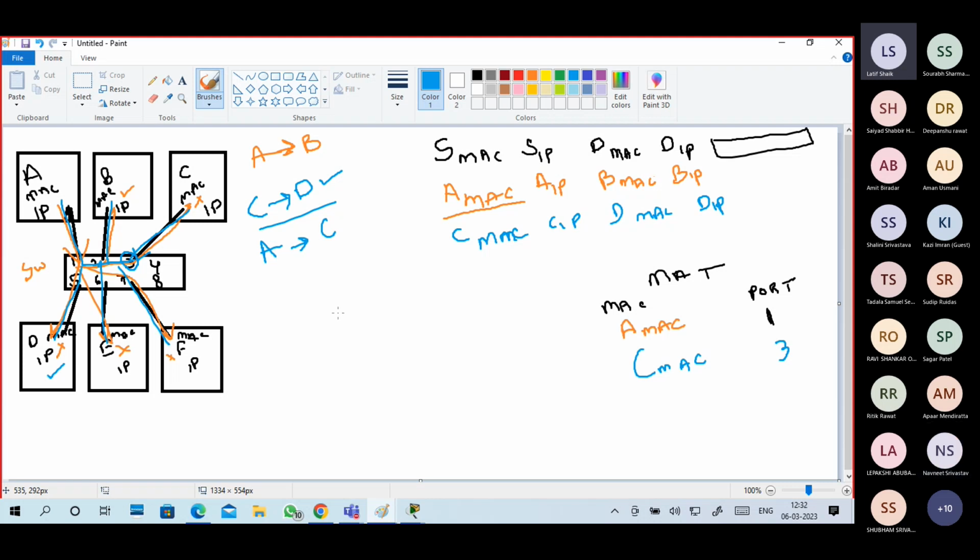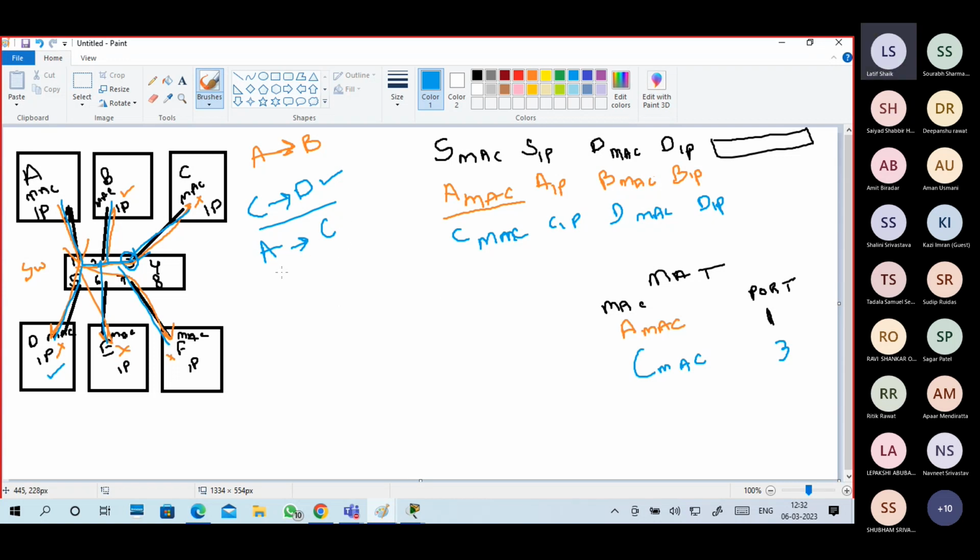It is given by the manufacturer of the NIC. D-Link is one of the manufacturers, Realtek, Qualcomm, Intel. There are different manufacturers, and they assign a MAC address. A MAC address is a physical address.